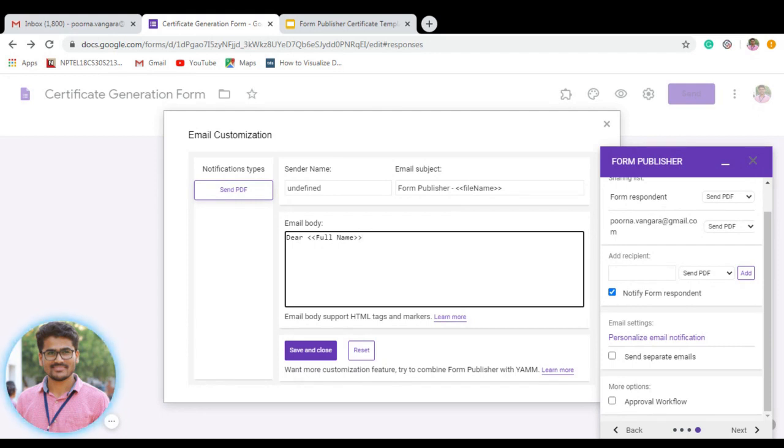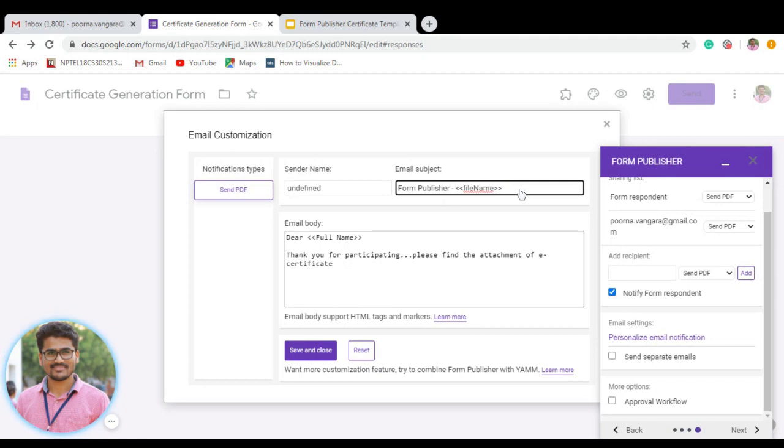If Naresh is filling and gives his name as Naresh, he will get dear Naresh. Dear Naresh or dear Purna, thank you for participating. Please find the attachment of the e-certificate. Like this, you can write down your customized body.